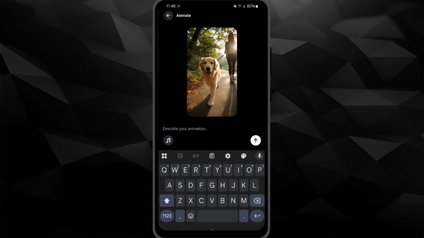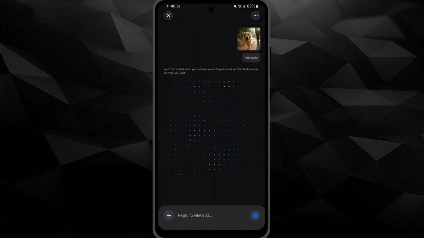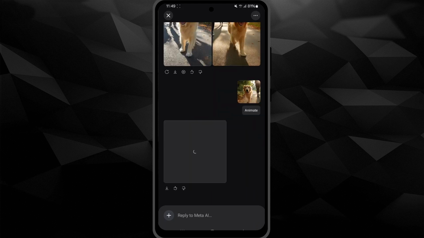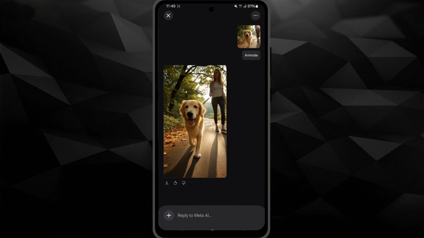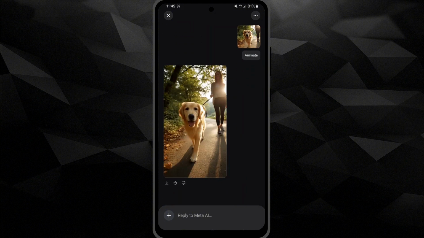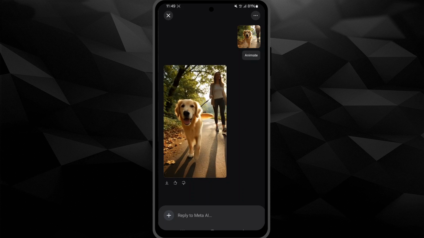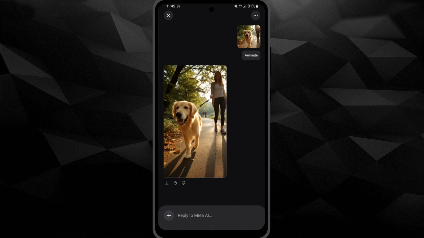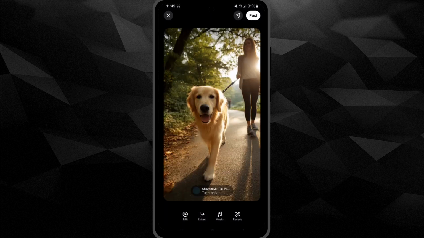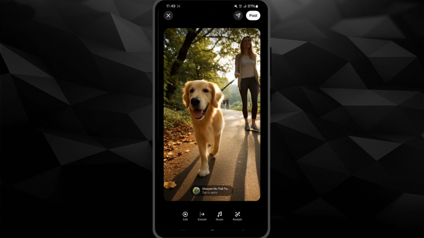You have to click on animate and you can simply click on the arrow to animate the picture and the processing will start. So friends, processing has been completed. Now my video is ready and you can also see how beautiful this video is looking. The dog is looking very cute. The dog is walking in the park with her owner, and you have to click on the video and then you